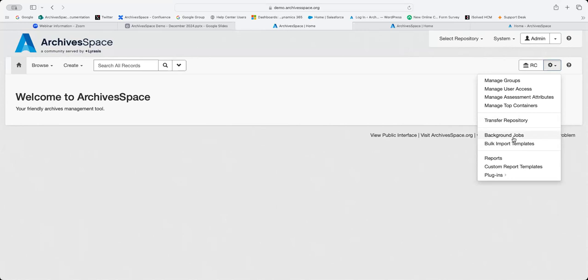There are two places you can do that from this screen, and I'll show you the other in just a moment, and you'll get an idea of what some of those background jobs are then. But just know that you can run a background job from the gear menu. And you can also download bulk import templates. This is super handy. This is a great feature in the application. It allows you to download spreadsheets so that you can do work in bulk in spreadsheets and then re-import those spreadsheets. Very, very handy. It's really great that you can download them directly in the application. It's one of my favorite features.